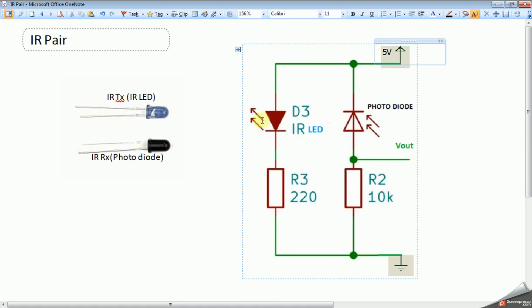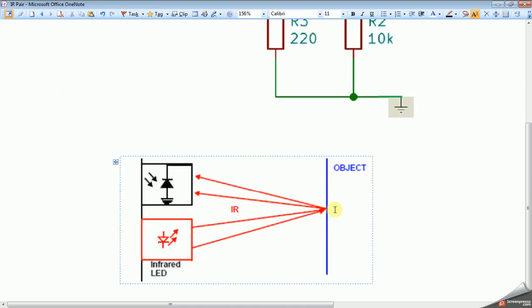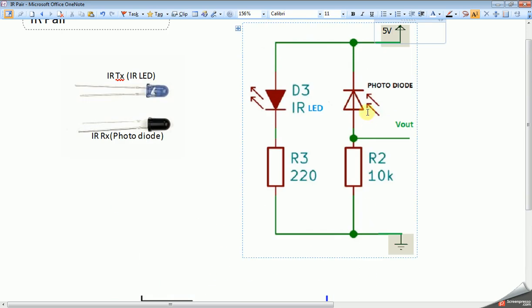Whenever there is no obstacle, there are no rays from the IR LED to the photodiode, so the photodiode is in the off condition. That means 0 is connected to the microcontroller. This pin is given to the microcontroller. This is logic 1.